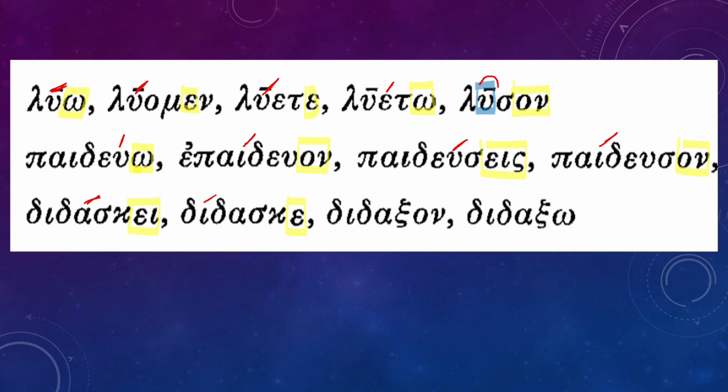Didaskon has the same principle. We have a short ultima, accent goes on the antepenult. And then the last one, we have didaxō. Last syllable is long, so we're going to have an acute on